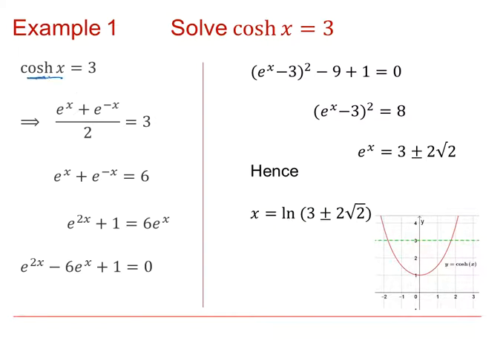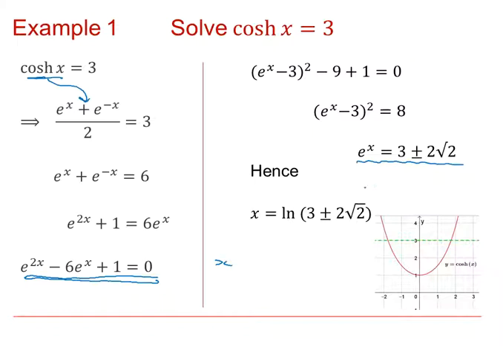So using that standard definition of cosh x is a very helpful way to get into equations like this, and being able to manipulate it into a quadratic form is an extremely neat thing to be able to do. Once we've solved that quadratic, we get two solutions for e to the x. Something to note here is we do have two solutions,